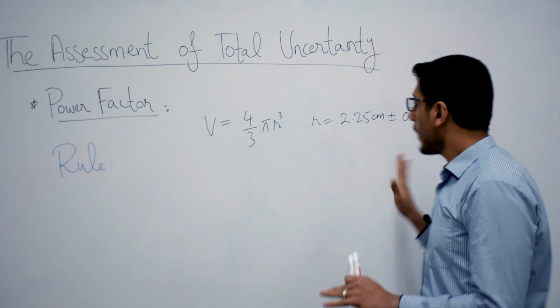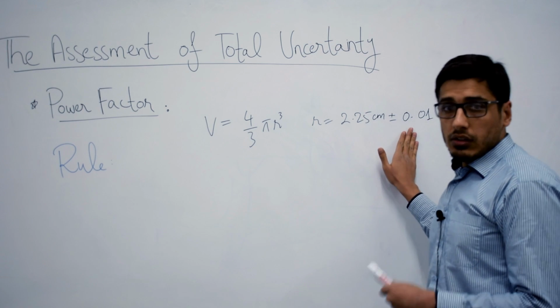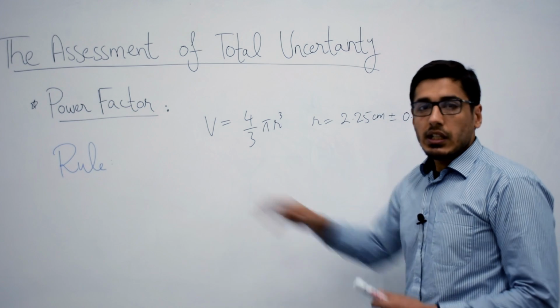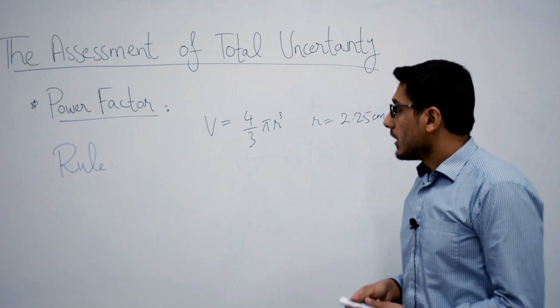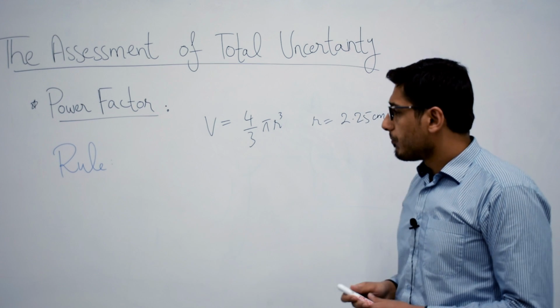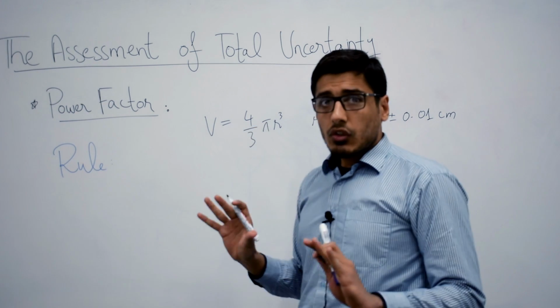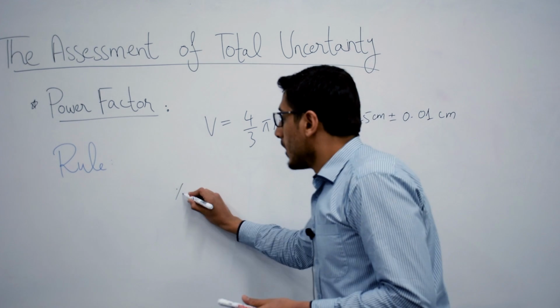Now in this case you have your measurement of r and you have the uncertainty in r, your radius of the sphere, but you don't have the uncertainty in your volume. So that's the question, how are we going to calculate the uncertainty in this case when the radius has a power factor? So in this case the rule says that first of all you will have to calculate the percentage uncertainty in volume. The rule says